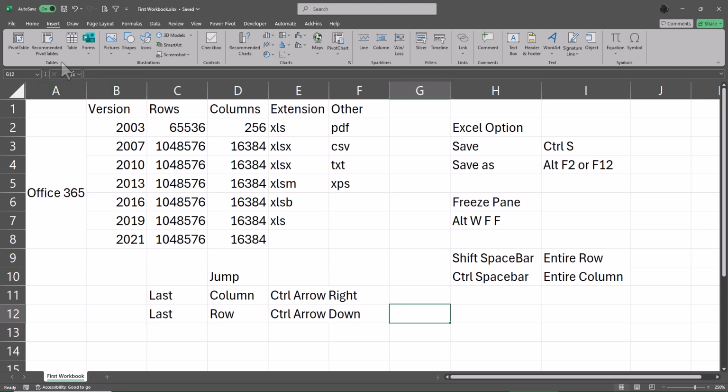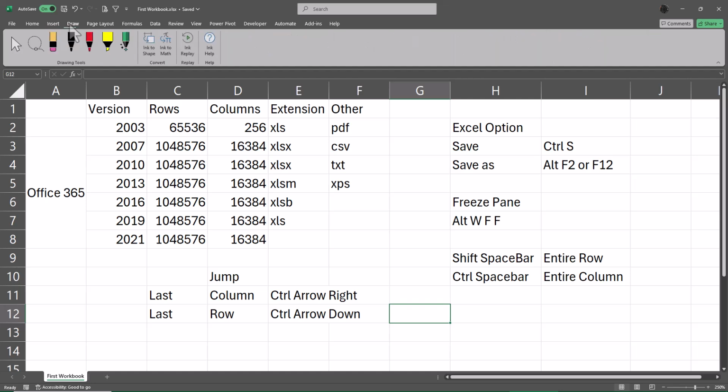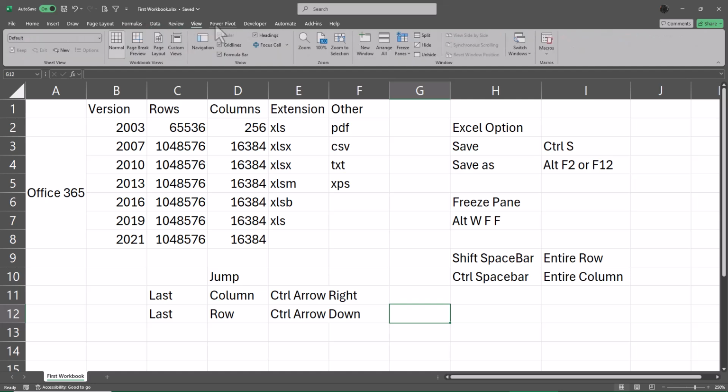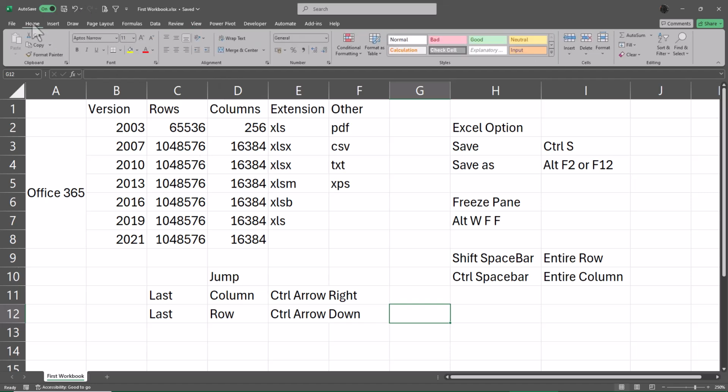And I have a table here, illustration, control, charts, sparklines, filter, link, comment, text, symbol. And then in Draw we have a few, in Page Layout we have a few, Formulas we have a few, Data we have a few, Review, View, and so on and so forth. So let's jump down to each and every data set very clearly so that we know what these dimensions are